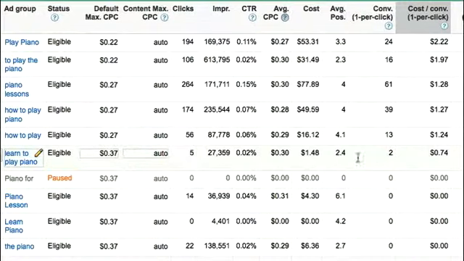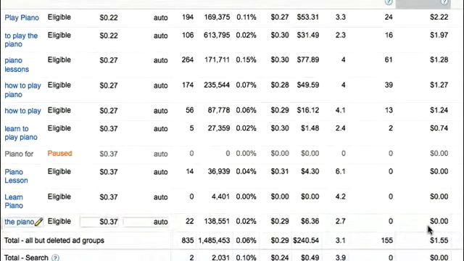Now, before I do this one, 74 cents cost per opt-in, cost per lead. That's not bad, so I'm not even going to touch that. I'll take 74 cents all day long. And let's make sure that I don't have a lot of clicks on these, 14 clicks without an opt-in, without a conversion. You know what, guys? Not that good. I'm going to pause that one, okay?